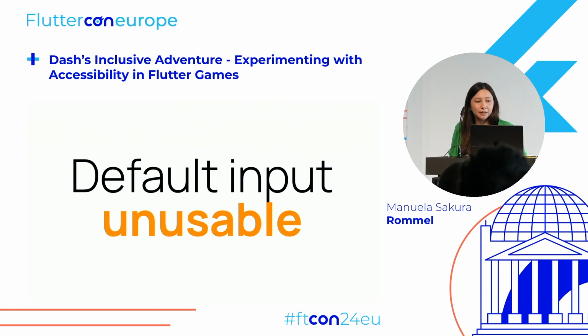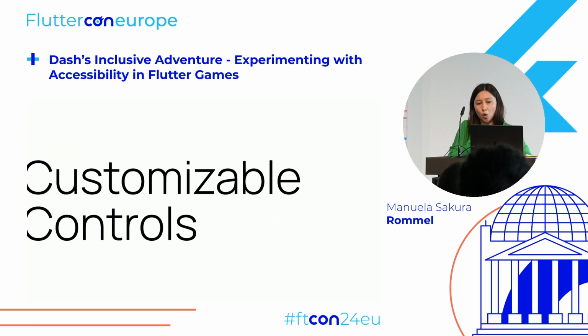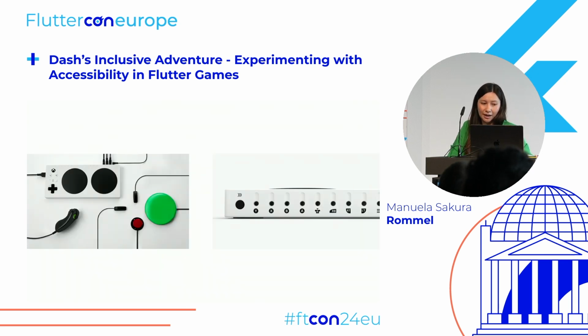So another part is the default input is unusable. A controller has one function, and it's to enable the user to interact with the game. And usually a controller is one size fits all if you think of PlayStation or Xbox, and there's not much customization going on there. So how does controlling work for people that might need different controllers? There is this Xbox assistive controller that I also have here. So if somebody wants to try it out later, feel free to come by and we can check out how the game works with this.